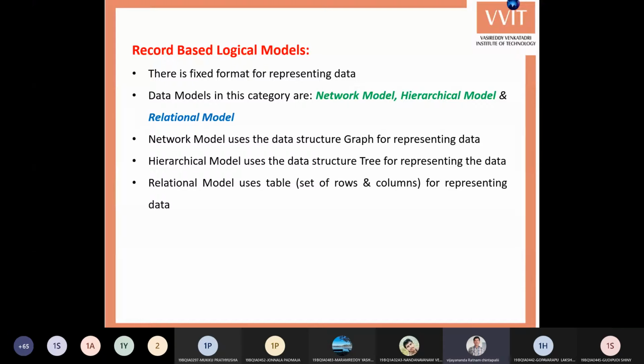And you can have two different types of independence. One is physical data independence, and the other is logical data independence. With physical data independence, you can change the storage structure without changing the data objects or database values. You can change the data storage devices from hard disk to solid state drives to CD drives and flash drives without changing the content of a database. That is physical data independence.